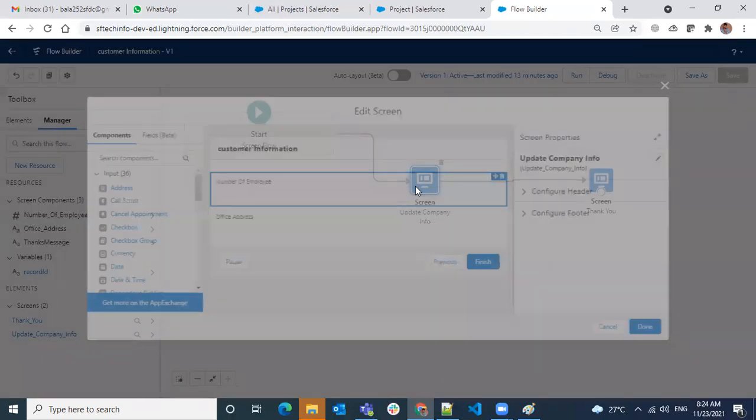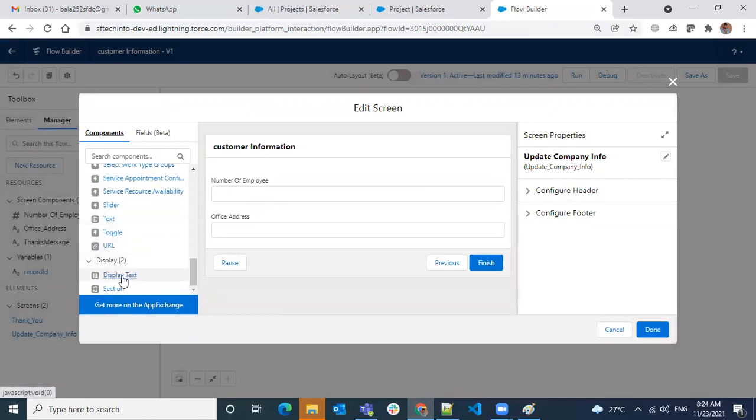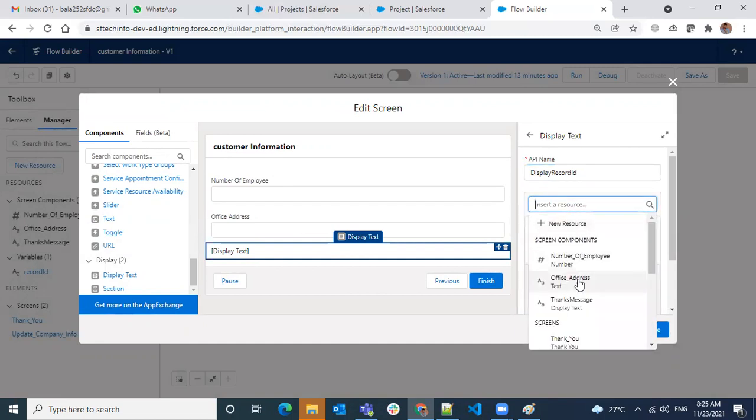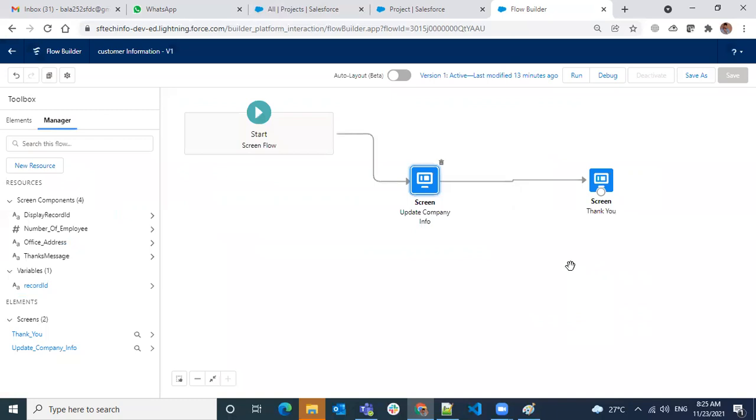Just to confirm whether it's working correctly or not, I want to add display text over here and use this variable, so that I can make sure the record ID is coming here or not.